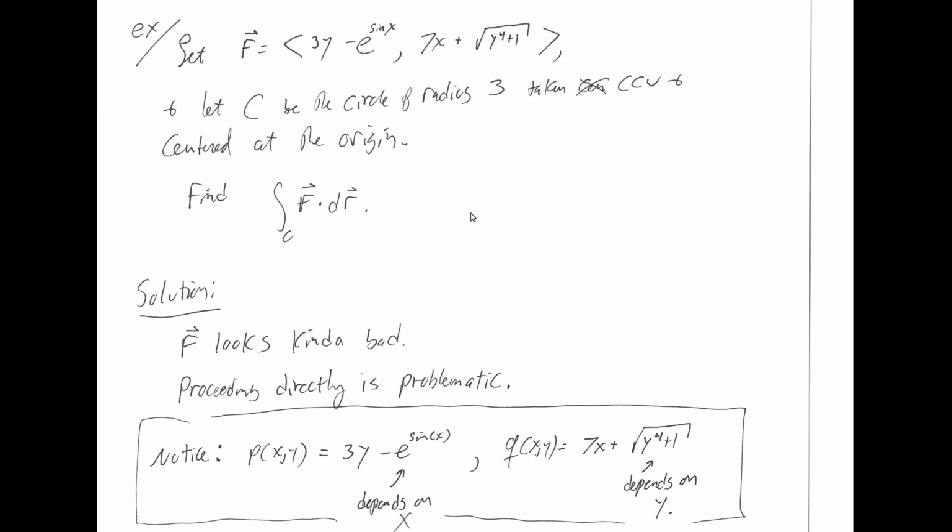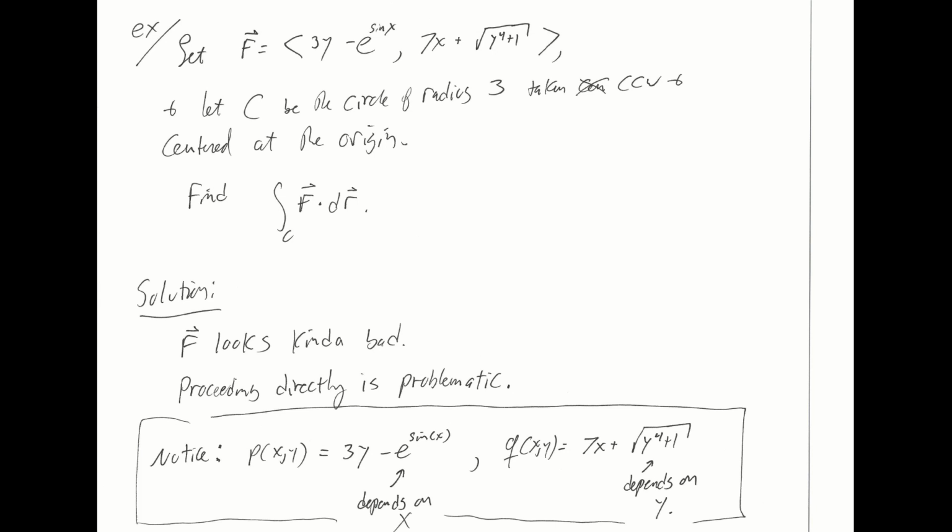And now as we embark on the solution, I note again that f hat looks a bit bad. It's not great. And if you do try to approach this problem in any of the methods that we've seen so far, you will find it to be a difficult road. So you could first hope that f hat is a conservative vector field, because if it is conservative, its line integral along this closed curve C will be 0. But it's not conservative. You can check that quickly and see that it's not. Then you might fall back to, okay, well I have to use my definition of the line integral of vector fields. I'm going to have to take f hat of r hat, and I'm going to have to integrate that using the definition of the line integrals of vector fields along curves. That also is going to be an issue, so you should not be able to proceed very far if you do that. And finally, you now come to your new 3rd option, which is to try to use